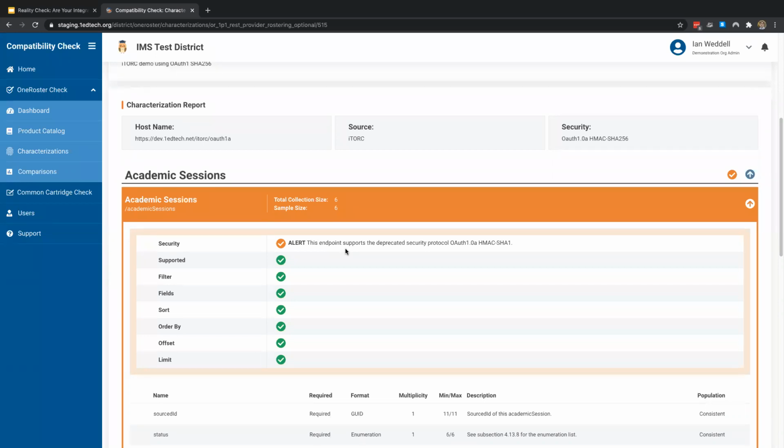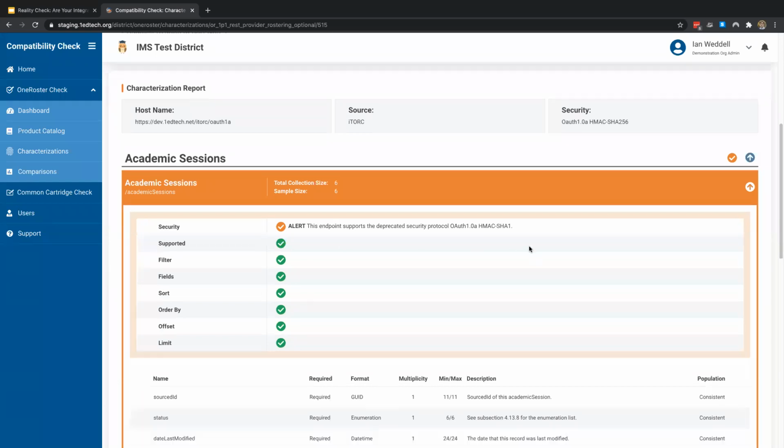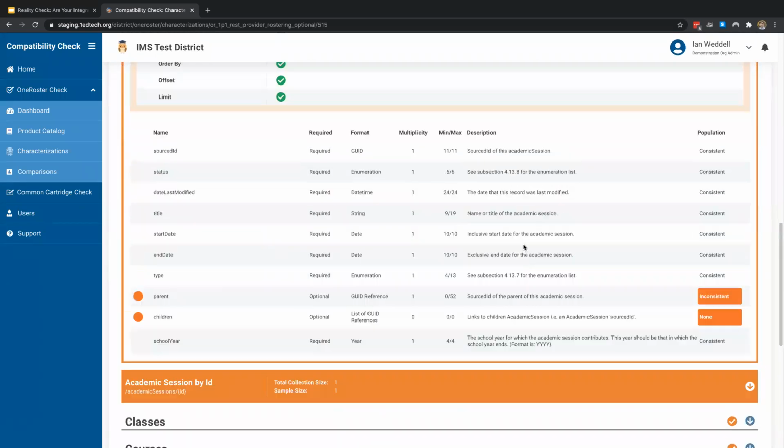We also check to see if no security is used. That would be a big problem, as you can imagine. Scrolling down, much like with the CSV, we give you a breakdown of all the data we got back. Because it's REST, these don't come with a nice position numbering because it's coming in the data set as it is returned. However, we give you a similar overview, the field names, whether they're required or not by the specification, or identifying them as metadata if they're metadata, and then giving you that minimum maximum field length and the population